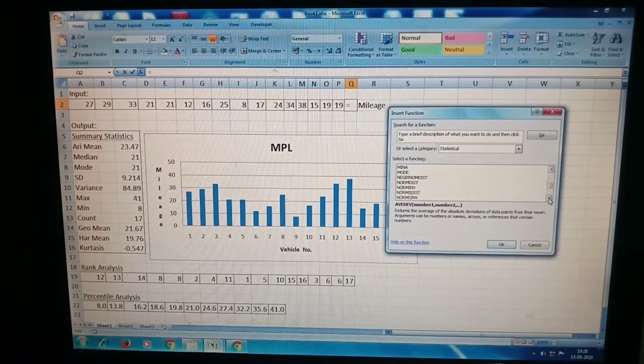Like that we can do all statistical functions using this option. Now we are going to do one by one.